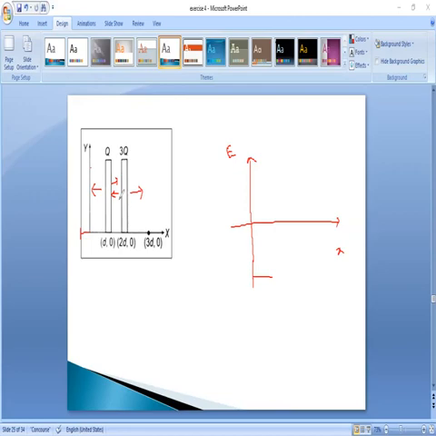In between the two plates, due to the first plate it is towards positive direction, due to the second plate towards negative direction. But which effect is more? The second plate effect is more. Hence here the electric field intensity also will be negative. And in this particular case only it is positive. Let me consider this is 2D and this is 3D. Of course, 2D to 3D it will be positive only.